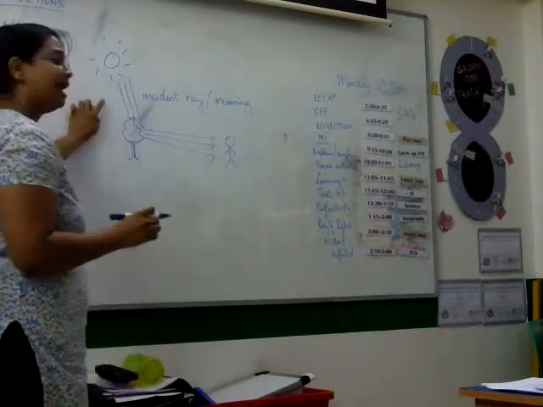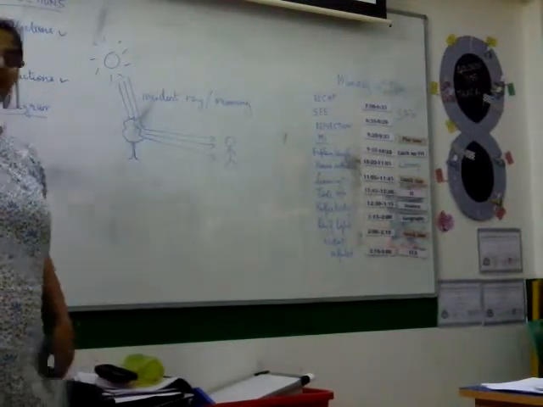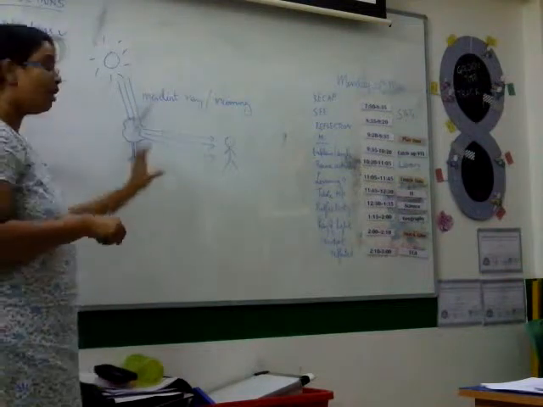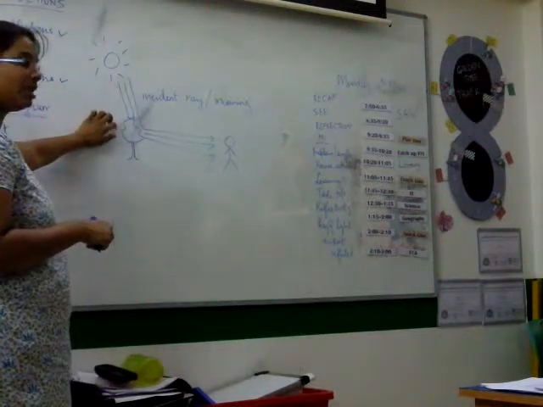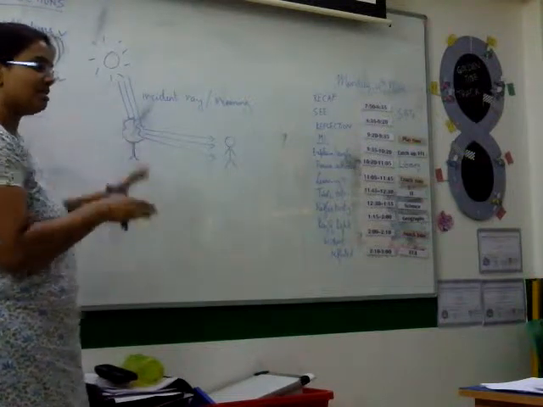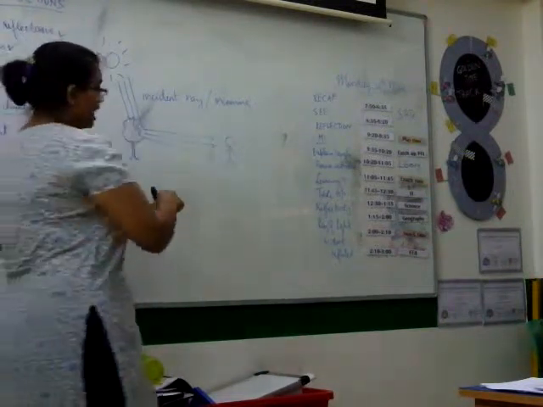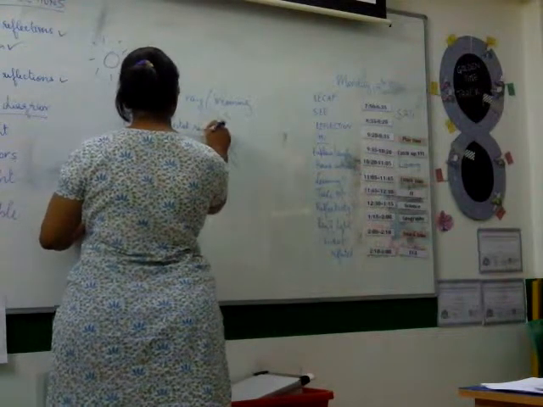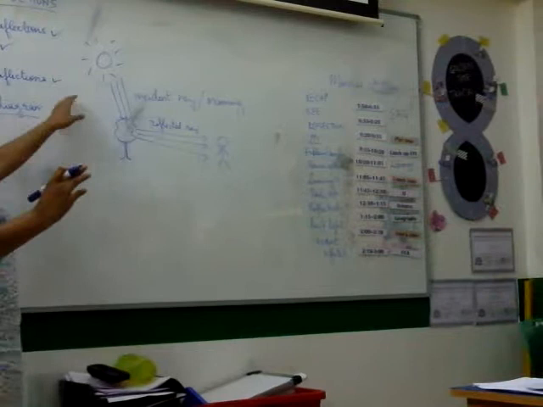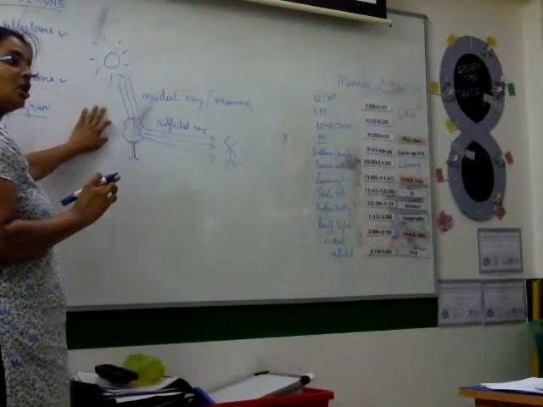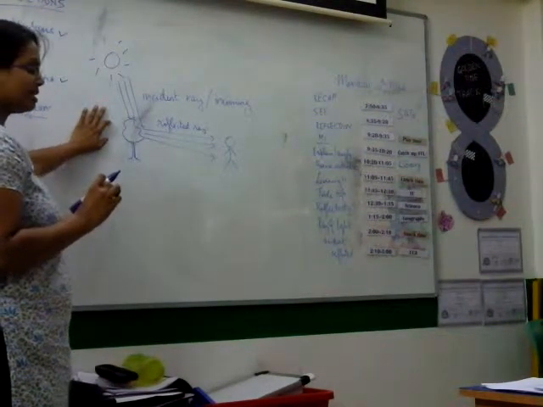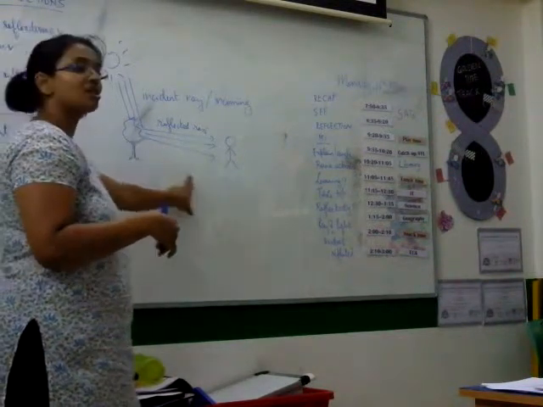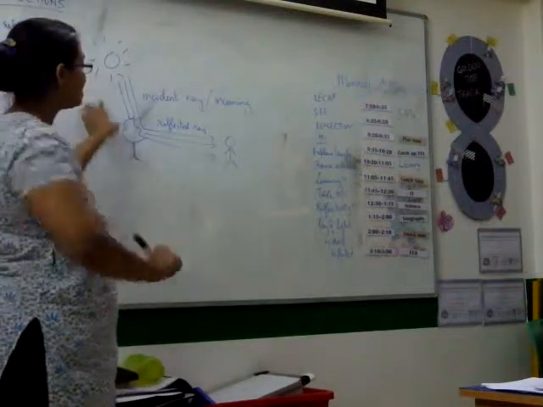Now, any ray that is coming from a light source, for example the sun, or from a torch, is called an incident ray. And it is the incident or the incoming ray only till it reaches the opaque object. Once it reaches the opaque object, it is being bent and the light direction is changing. And this ray is called a reflected ray. Okay? Is everyone okay with this? So what is the light from the light source called? The ray is called incoming or incident ray. Simple way to remember is incoming because it's coming from the sun. And the bent ray is called a reflected ray. And this is what is seen by the eye.